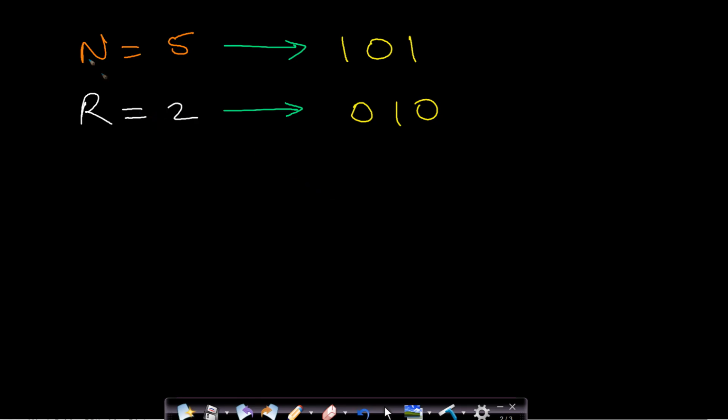In this problem you will be given a number n and you need to find the complement of this number and then return it. Complement of a number means that you need to flip each and every corresponding bit. So let's say if your number is 5 and it is represented as 101, then if you flip each and every bit, it will be 010. And this is equal to 2. So you need to just return 2. So this is the entire problem.